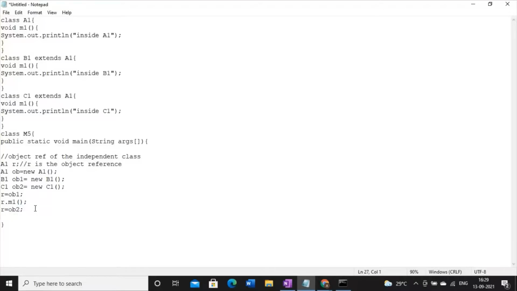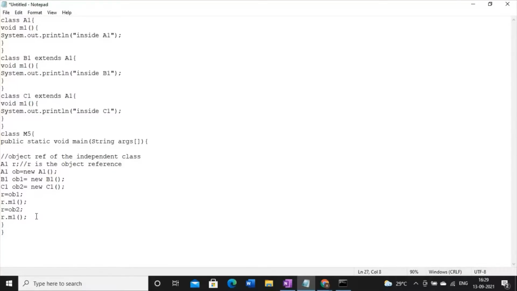Now if I write R.M1, it will understand, okay, recently R is pointing to OB2. OB2 is an object of C1. It means here M1 means M1 inside C1. Fine. So it will call that method.